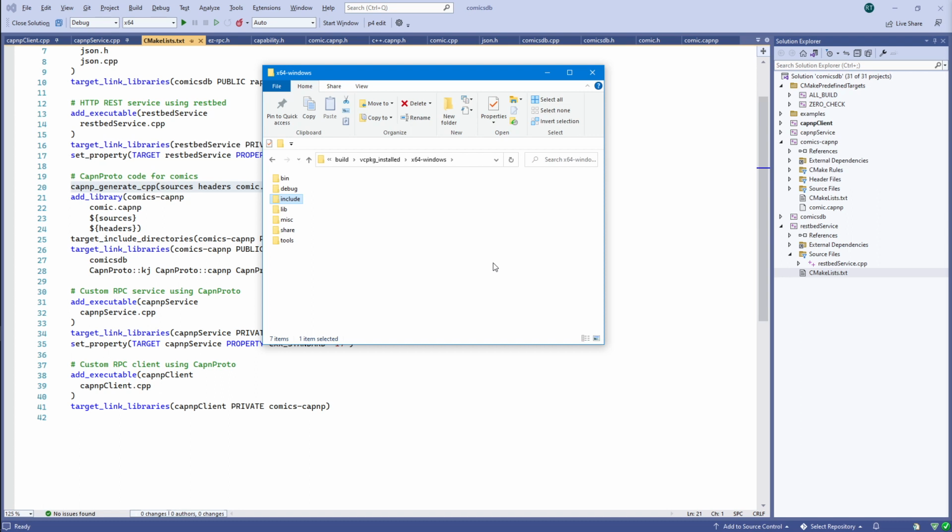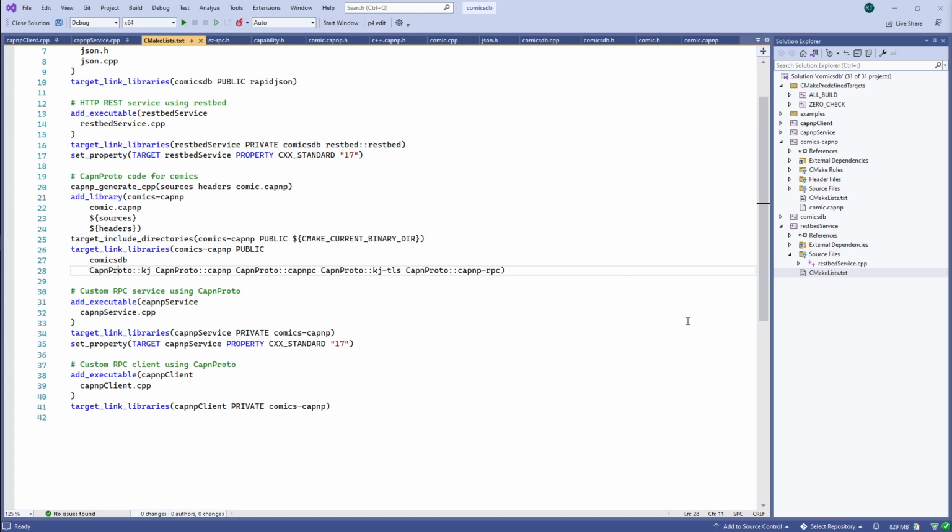And in the lib folder is where the static libraries live for the various targets that are imported when Cap'n P is configured through CMake. Now, you'll notice here that this pile of libraries on the link line, I literally just copied out of the documentation where they're explaining how to get set up with CMake. The only one that I added manually was the RPC one at the end,